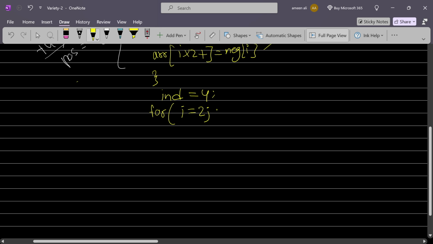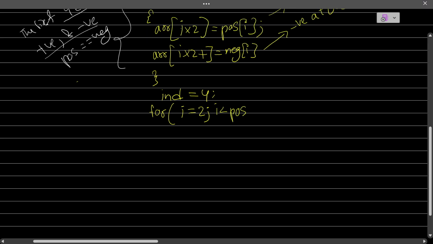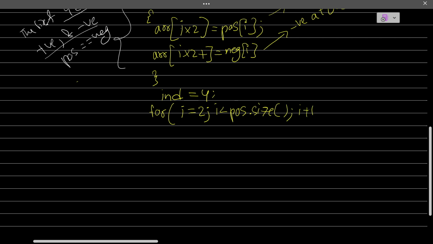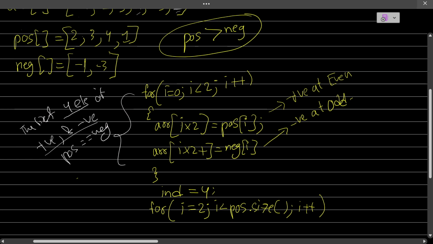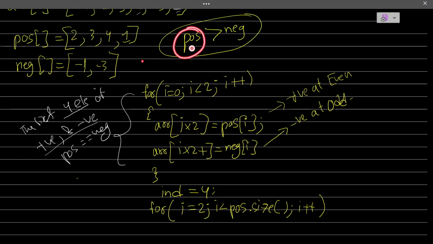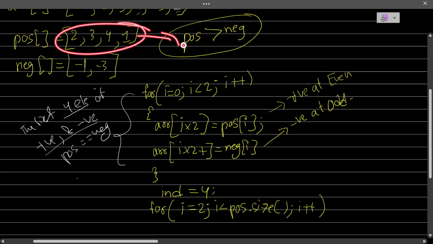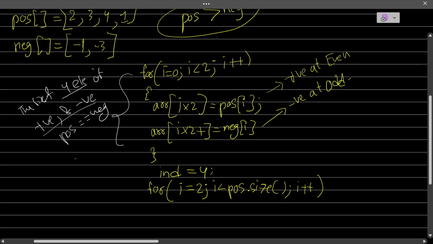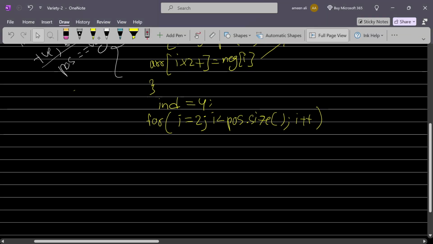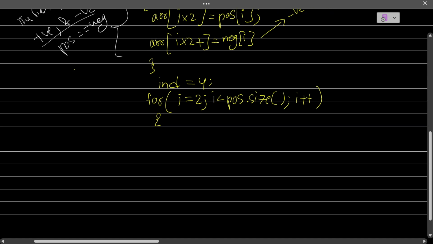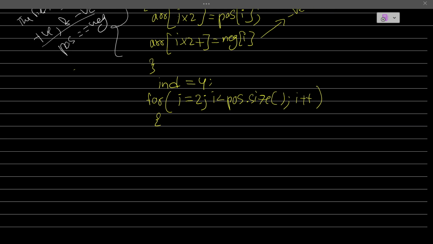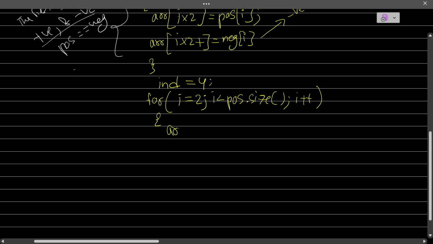I have to get it. Then I say i is less than positive.size. Why do I say positive.size? Because here we have more positive elements. That's why I say positive.size, right? Okay, positive.size. And what I'm going to do is, array of the current index 4,